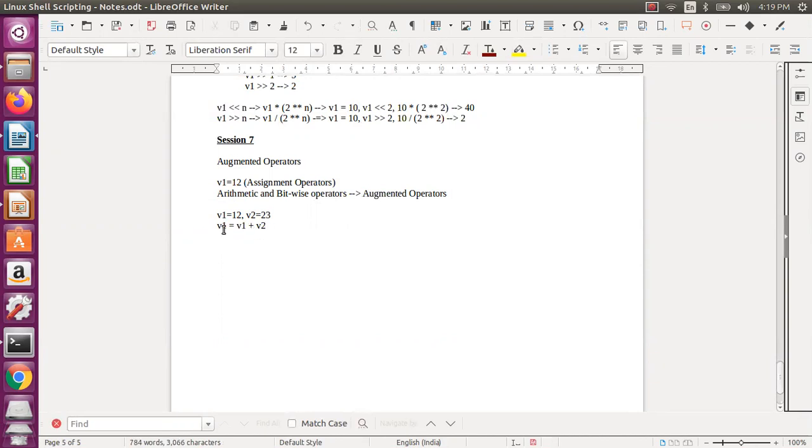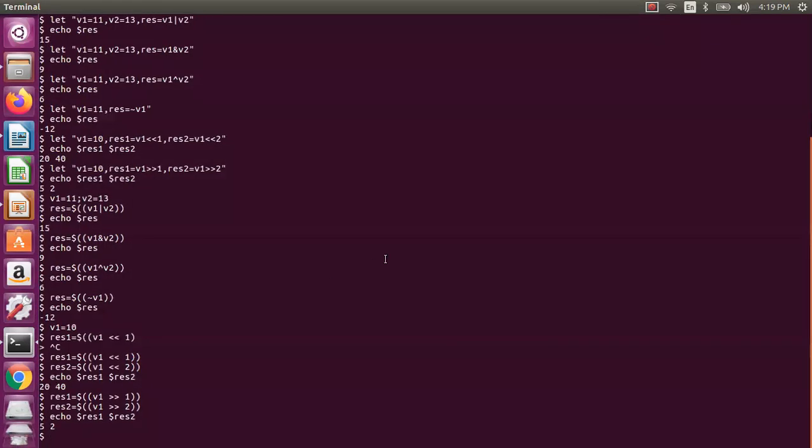That's why this is an augmented operator, because instead of repeating v1, no need to repeat. We can just use plus and minus here for adding, and if you do this, v1 will now become 35 and v2 will be 23.